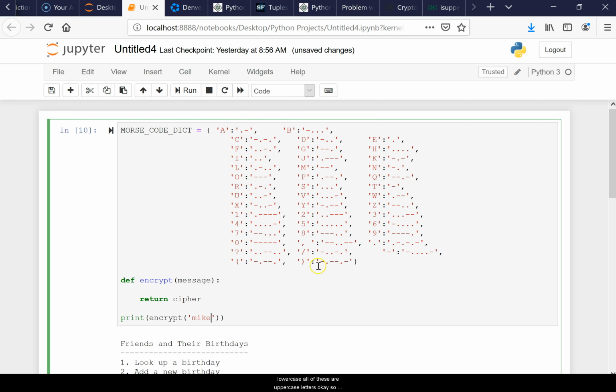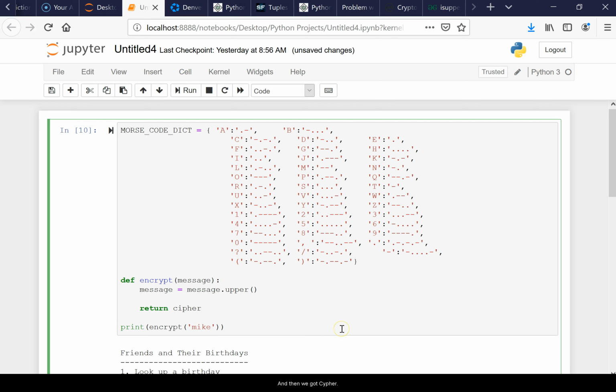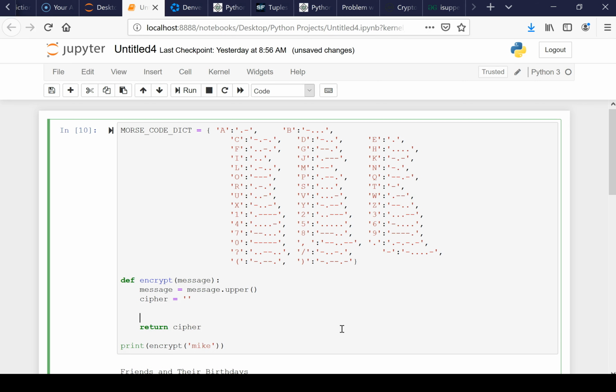All of these are uppercase letters. So first thing you've got to do is say message equals message dot upper, and that puts all the letters into uppercase. Okay, and then we've got cipher equals blank, and we'll say for the letter in message,